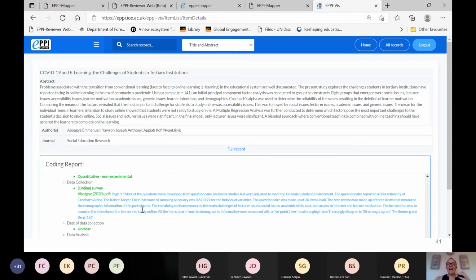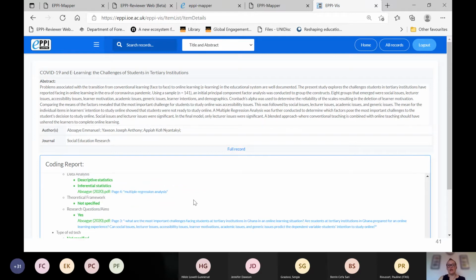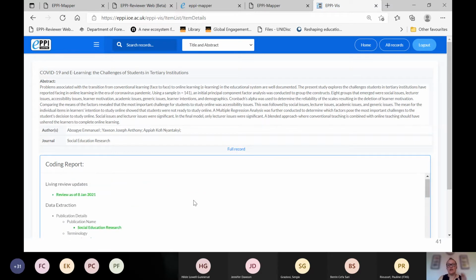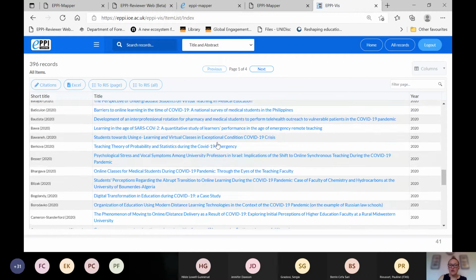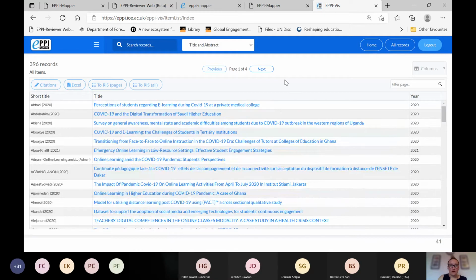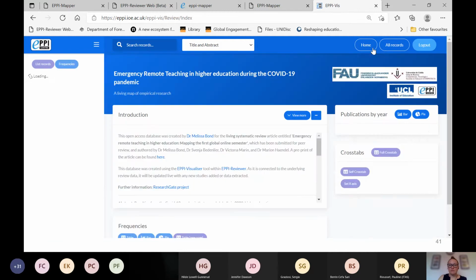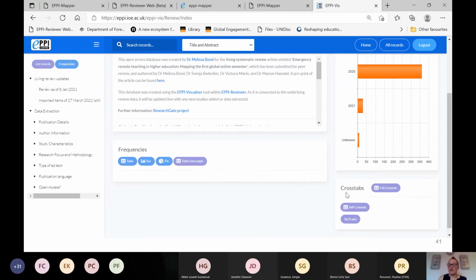And what this does is take the transparency of your review to the next level, really. So that anyone that's interested in your topic can come here, see how you've coded it, and they can get perhaps a deeper insight into some of the evidence that you've managed to capture. You can also click on all records to be taken to a list of all of the items included in your review. Or if you go back to the home page, you can also do things like